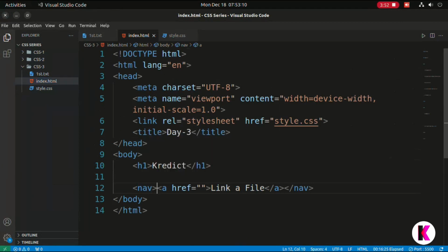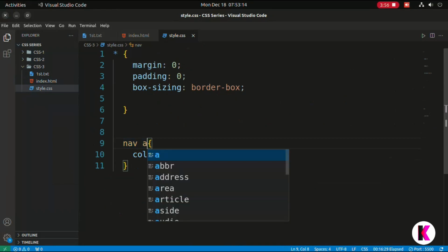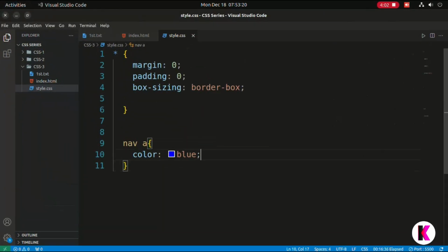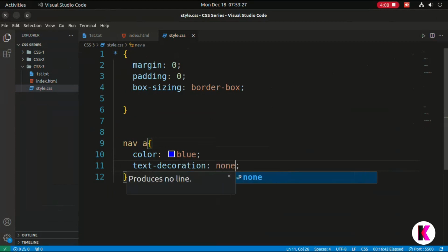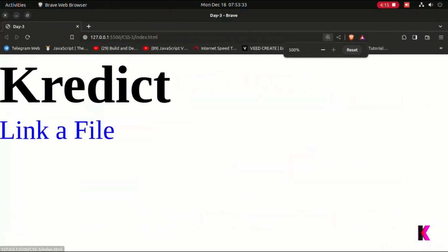But if I select nav then anchor tag, the color will be blue. I hope you are understanding this. If I want text-decoration none, I will remove the underline from it. If I zoom in, you can see here the link is blue and Credit is black.